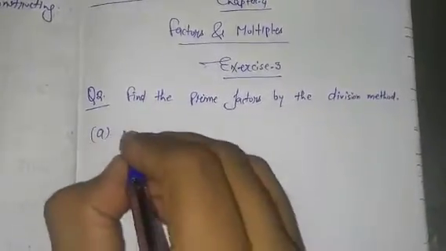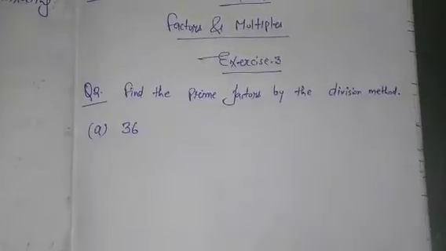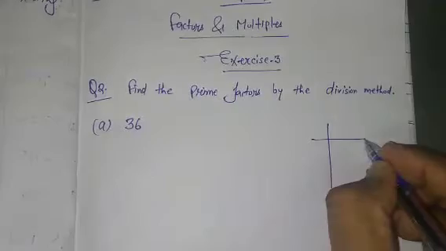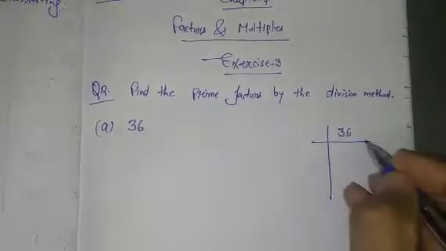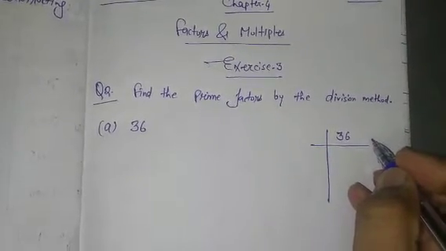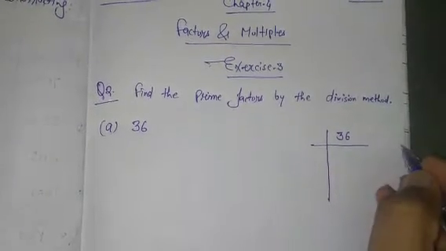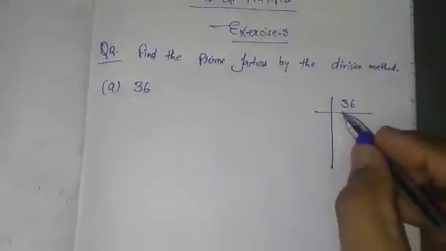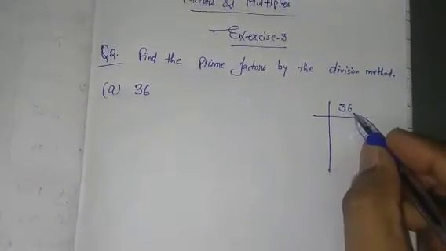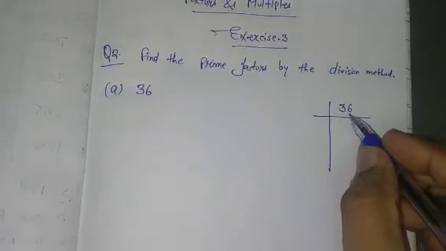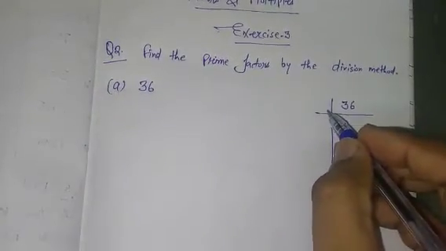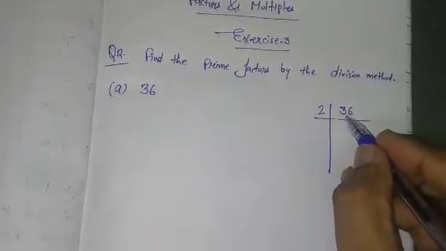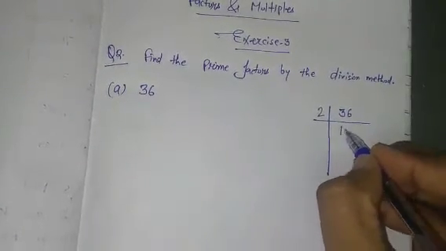So a question has been given: 36. So listen, students, in that side you can easily find out the factors. When you want to find out the factors, firstly you will take the first prime number that will easily divide that number. As I know here 36, the ones digit is 6, so it will be divisible by 2 in an easy way. Don't take 1 here. So here you will take 2. Then when we divide 36 by 2, we will find 18.